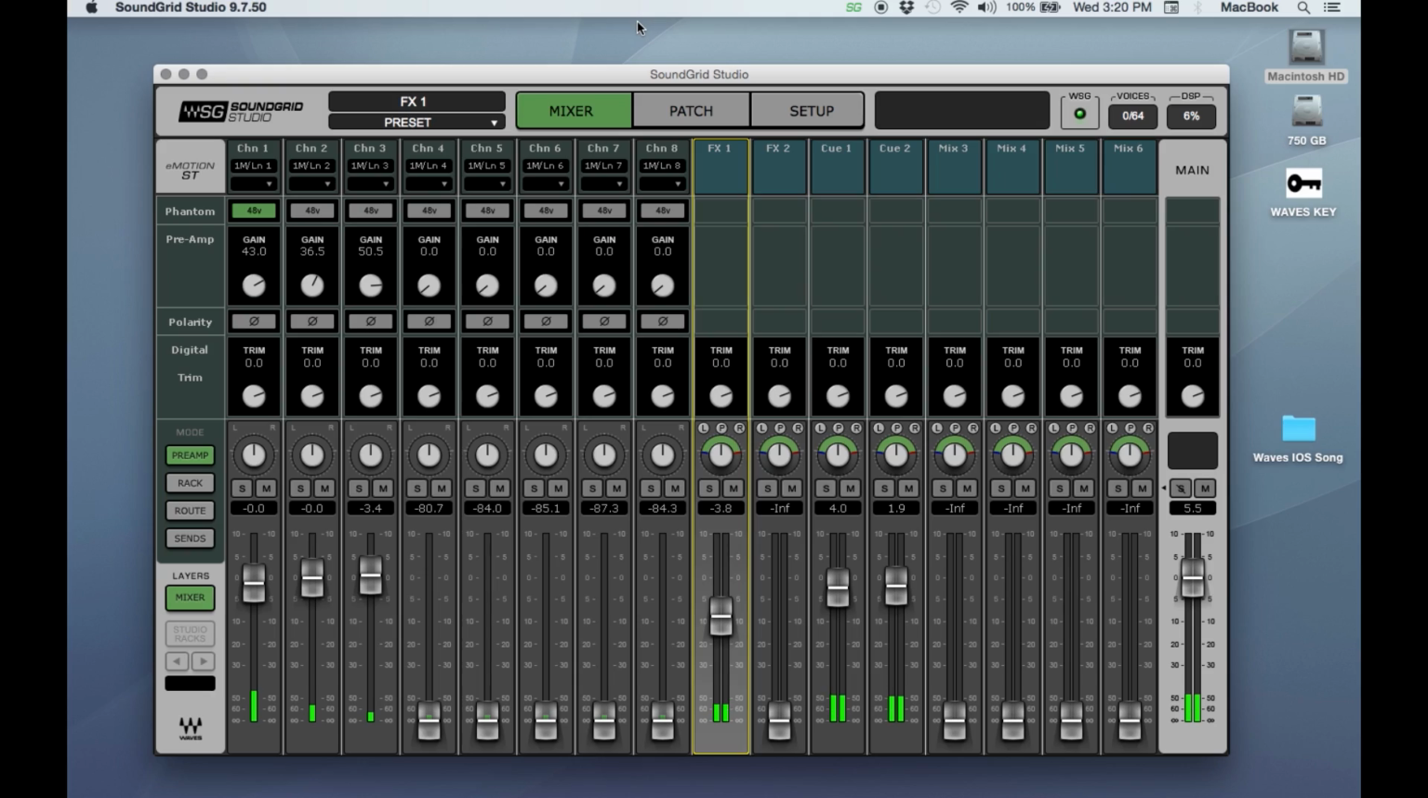SoundGrid Studio is an app that installs into your computer, and it provides you with a number of different functions. First of all, it gives you latency-free monitoring. You can create multiple mixes, you can route those to headphones for your performers, you can create a studio monitor mix, and none of that has any kind of a latency hit with it, even if you're running plugins inside